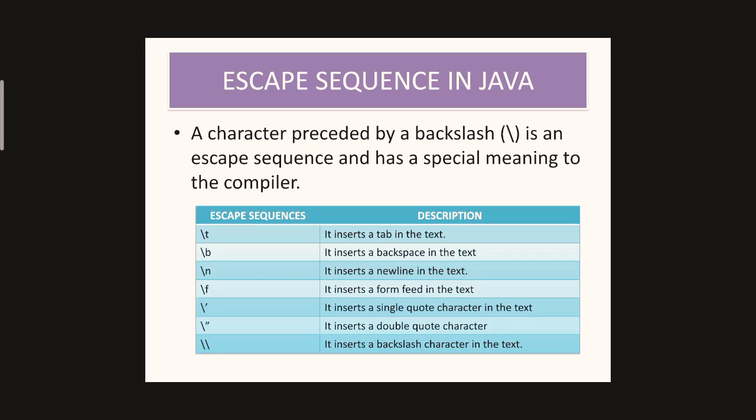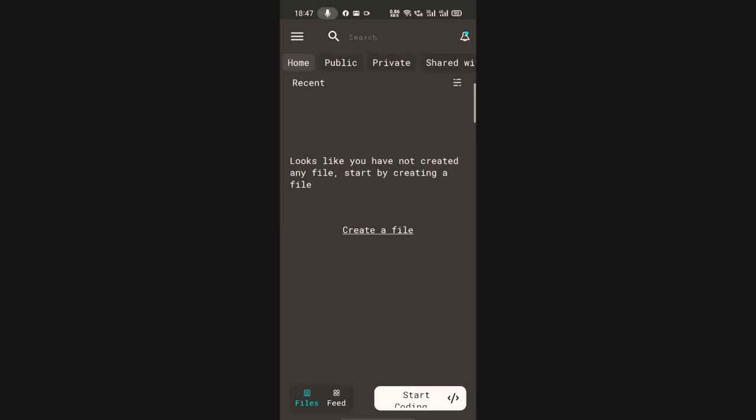Next I will show you the code using an online compiler. Let's get started with the code. Let us see how escape sequences work in Java. Again I am using an online compiler, but it is always recommended for everyone to use BlueJ software. Another important thing I forgot to mention in my previous video: to practice any program in an online compiler you need an internet connection. Without internet you can't write and run a program.